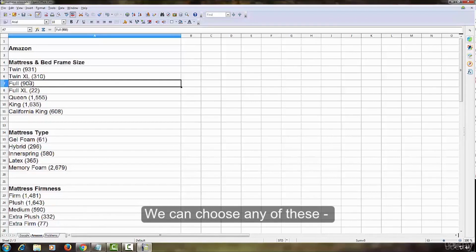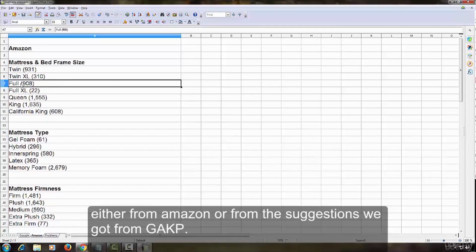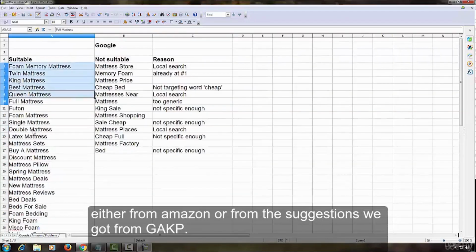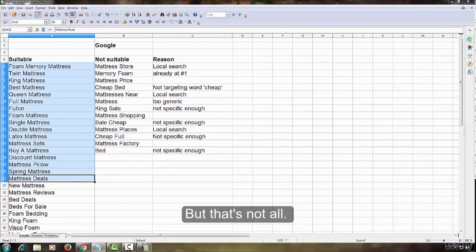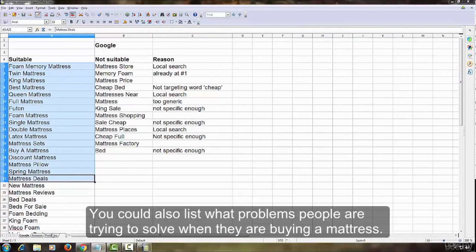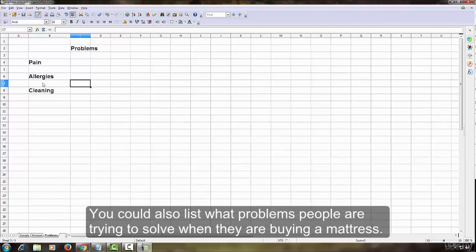We can choose any of these, either from Amazon or from the suggestions Google AdWords Keyword Planner gave us. But that's not all. You could also list what problems people are trying to solve when they are buying a mattress.